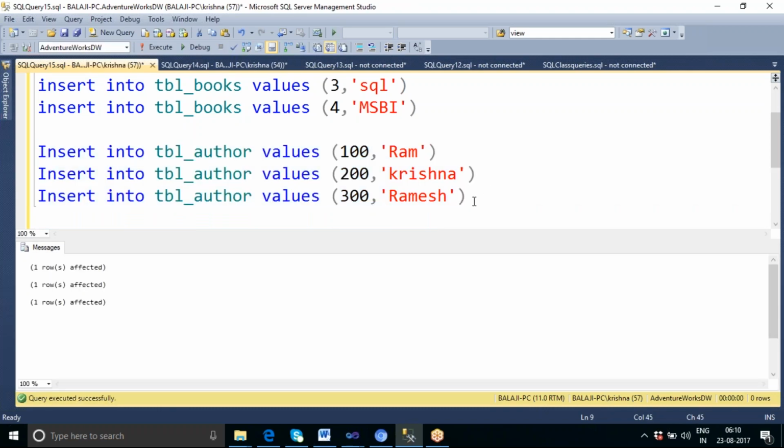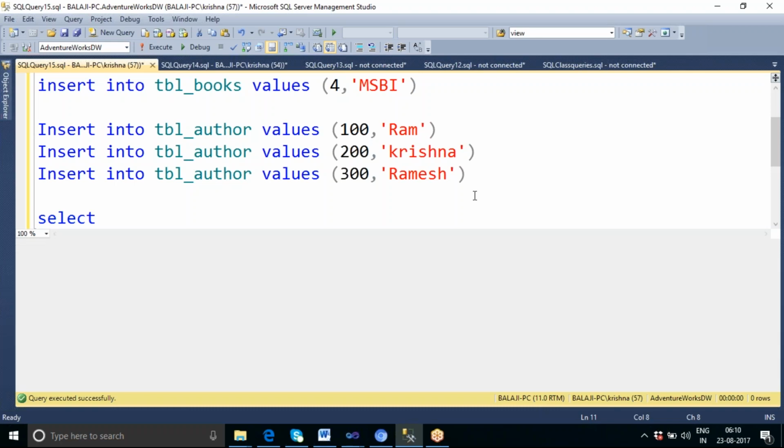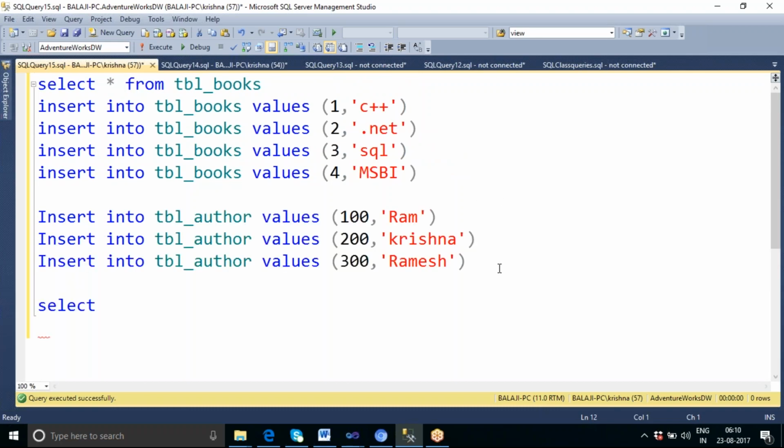So in the authors table, now I have one more table called the sales table. Let us say some sales table. Let me see whether the data is present in the sales table. So we have two tables now.